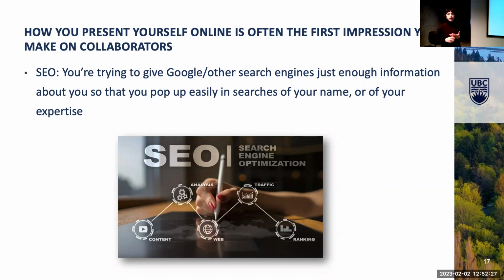You don't need to provide your phone number, your address. You don't even need to provide your photo if you're uncomfortable with that. You can find a nice stock image of maybe the institution that you're a part of. So you could use UBC's logo, you could use IRES's logo. But you do want to make sure that people can reach out to you and find you if they search your name and your expertise. So search engine optimization is just, it's become way too fancy of a term,